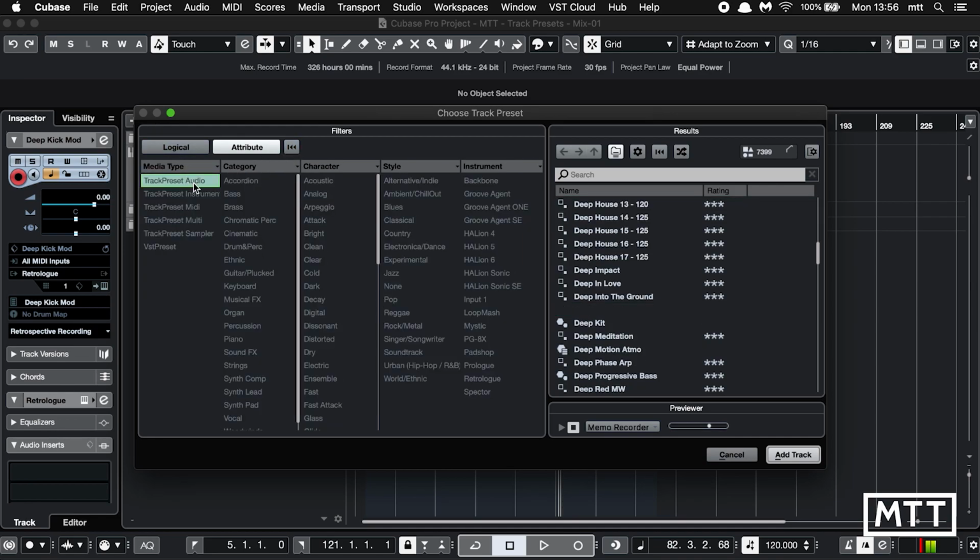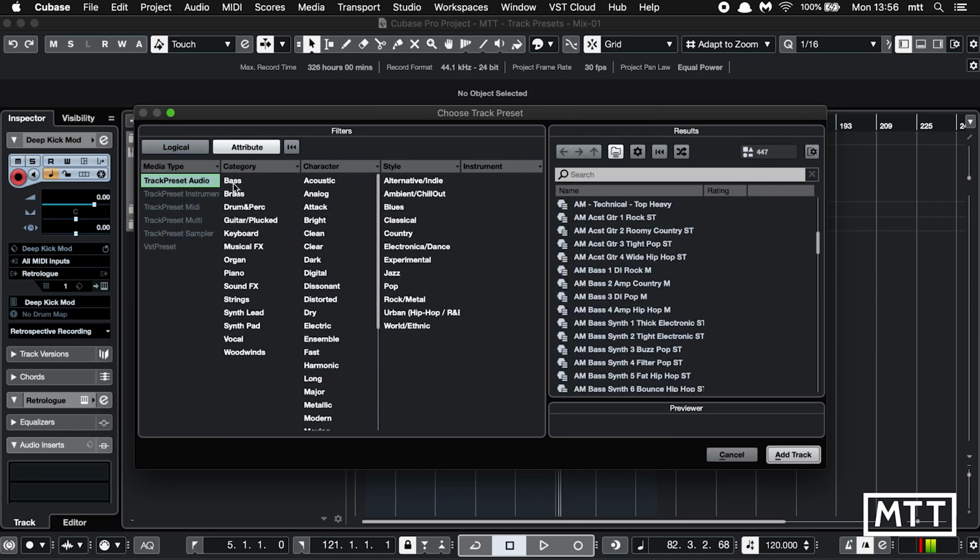So by clicking track preset audio, we filter it down to just those, and you can see there's 447 available on my computer, and some of them are reasonably well named, but some of them maybe need a bit more examination to find out what they actually are. Now, the issue with this, which we will find a workaround for later on, is that this is just audio settings. So if we load up Alone in the Streets,